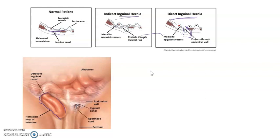And usually both indirect and direct inguinal hernias require surgery to get them fixed. With both of these you do need surgery, and it usually takes some time. It could take a couple of months to fully heal. There are two different types: reducible hernia, which can be pushed back in, and irreducible hernia, which remains no matter how much